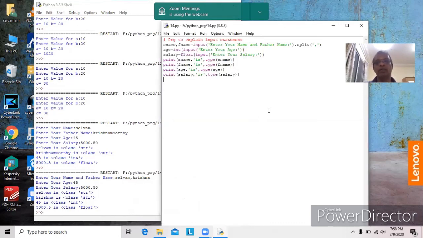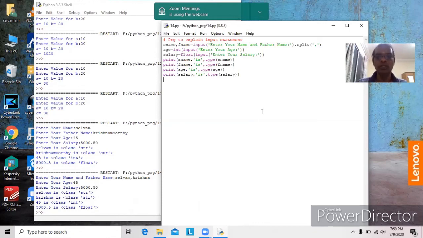So today we studied operators, that is the logical operators and, or, not, where we have to use and, where we have to use or, and then not. And then the input statement. The input statement is used to get input from the user at runtime. Whatever input you get from the user at runtime with the input statement is a string.